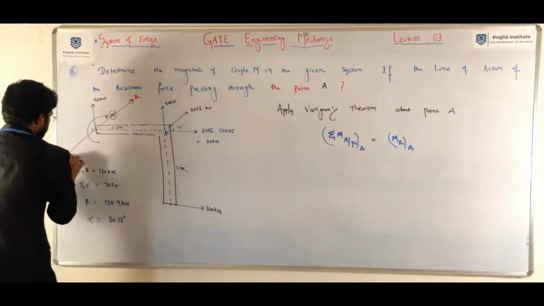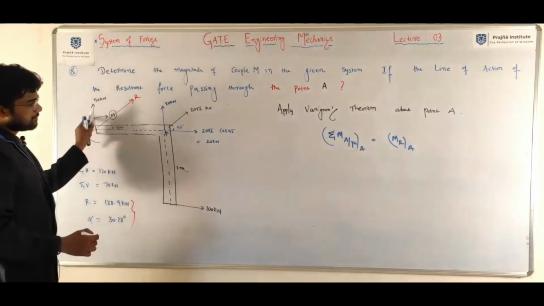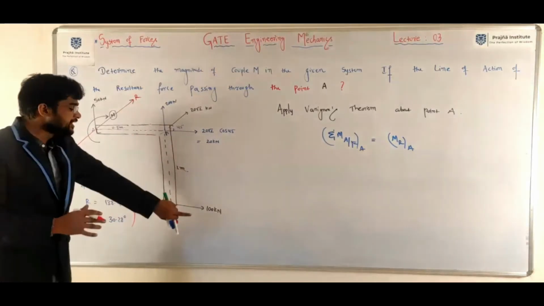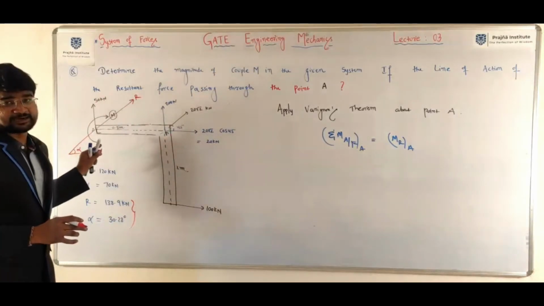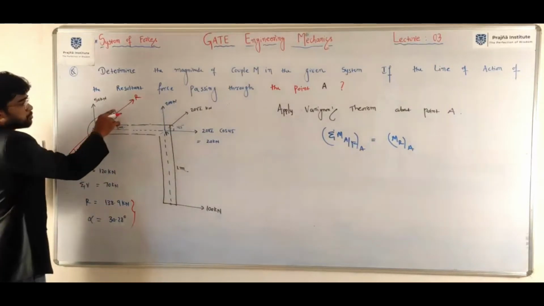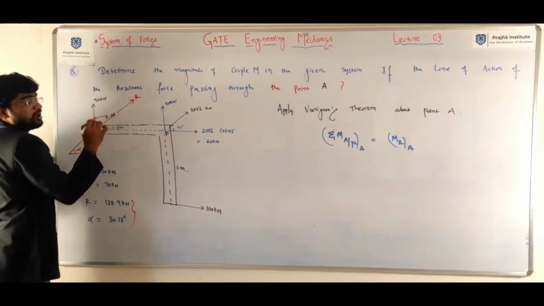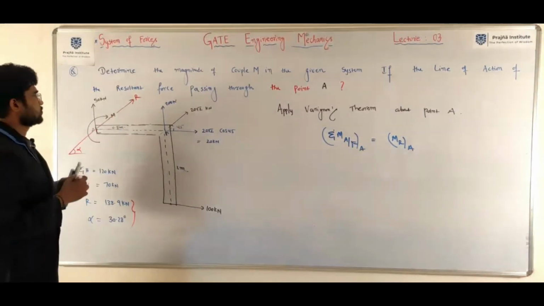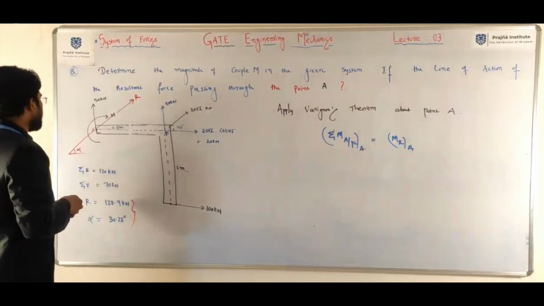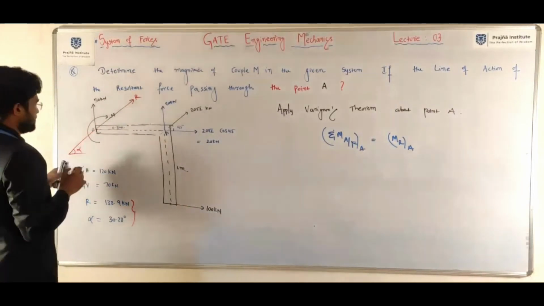See this R and this alpha. R and alpha won't change. That depends on the magnitude of the forces acting in the system. So for the corresponding line of action, the magnitude of the couple M will change. So that is the game here. Now, if it is passing through the point A, in that case,